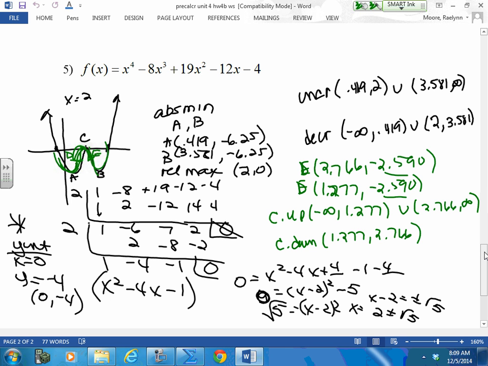Now, let's hit your domain and range. What's your domain for this guy? All real numbers. Is your range all real numbers? No. Your range starts at this number, whatever this Y is, and goes up. So my range, hard bracket, whatever this Y is for A and B, there's where my range goes,